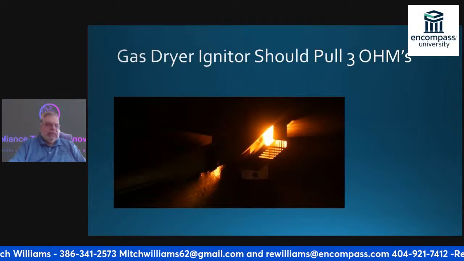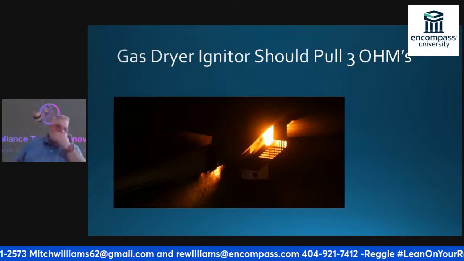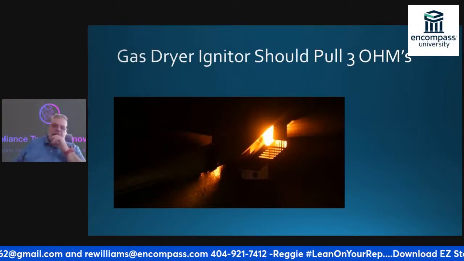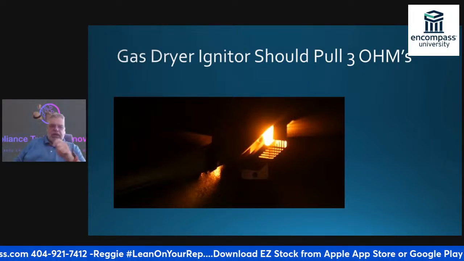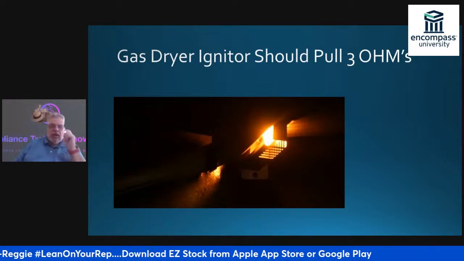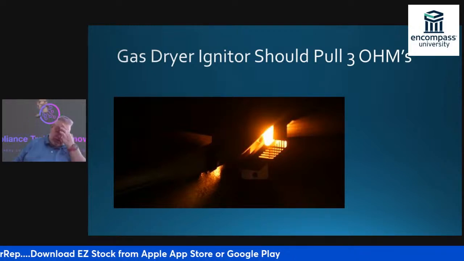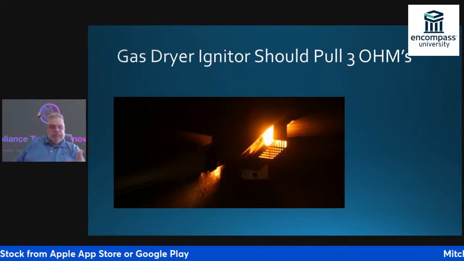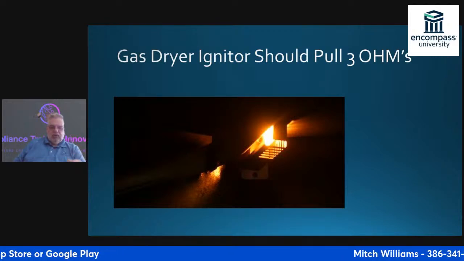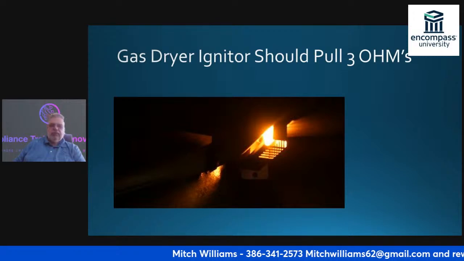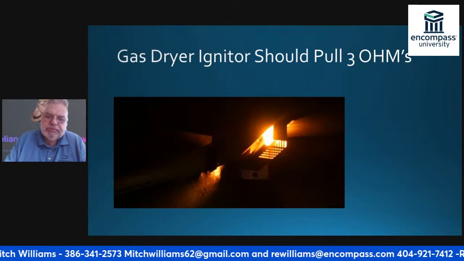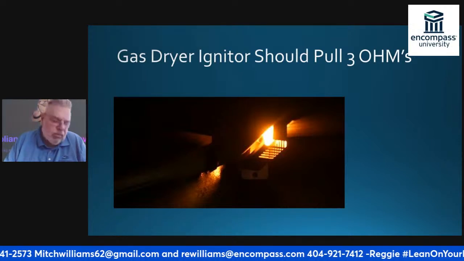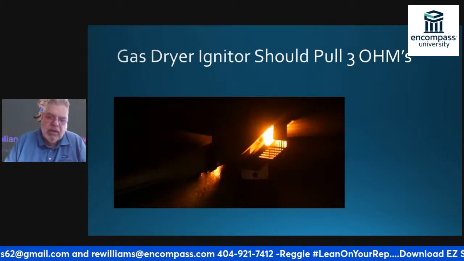Let's talk about our gas igniter in the dryer. It should be reading 3 ohms. So if I take my meter and clip it to one of the leads, not both, just one side of the leads, I should read somewhere around 3 to 3.3 ohms. If it's anything lower than 3 ohms, it will not